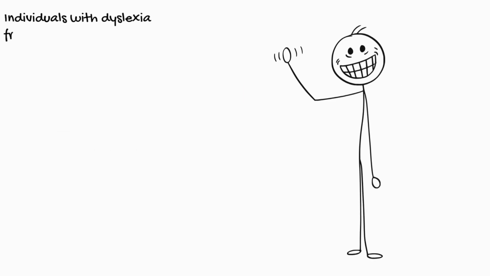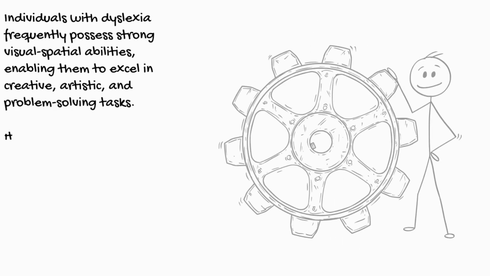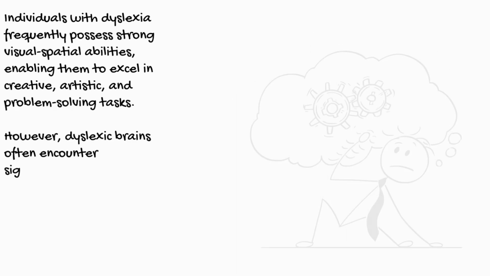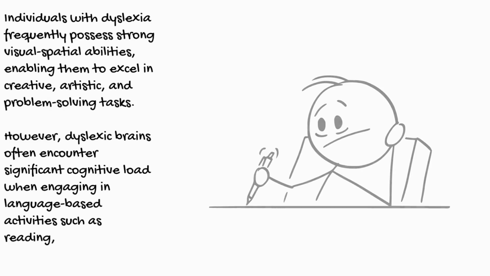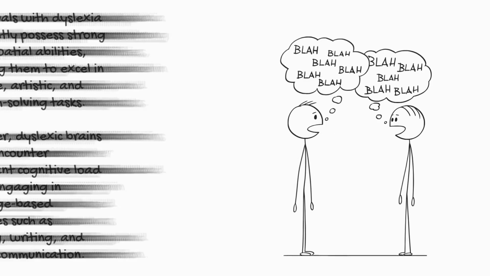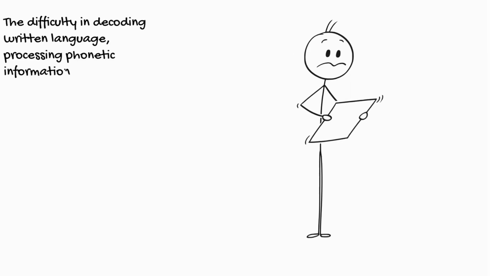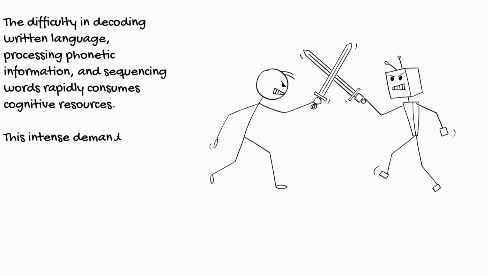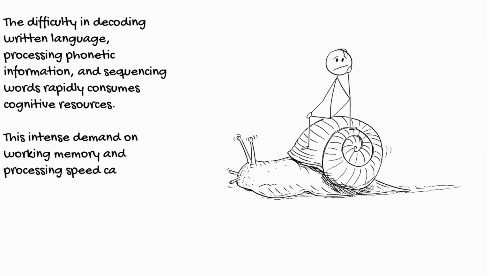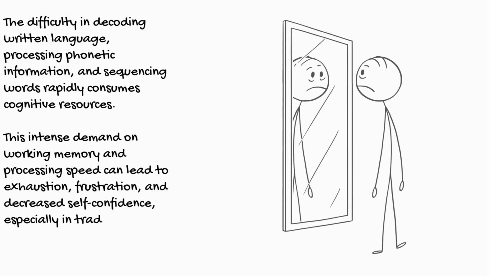Individuals with dyslexia frequently possess strong visual spatial abilities, enabling them to excel in creative, artistic, and problem-solving tasks. However, dyslexic brains often encounter significant cognitive load when engaging in language-based activities such as reading, writing, and verbal communication. The difficulty in decoding written language, processing phonetic information, and sequencing words rapidly consumes cognitive resources. This intense demand on working memory and processing speed can lead to exhaustion, frustration, and decreased self-confidence, especially in traditional